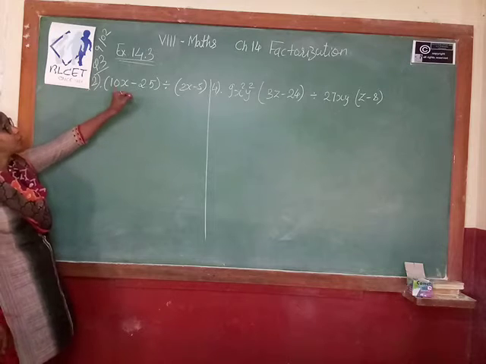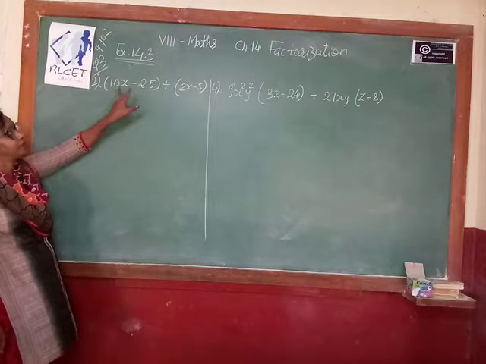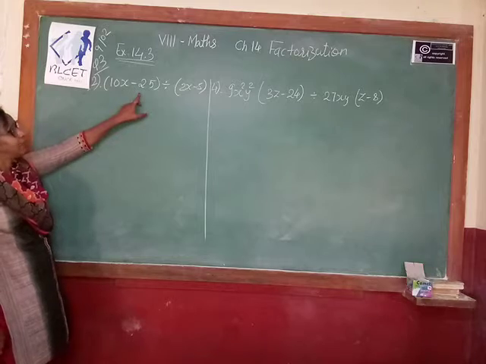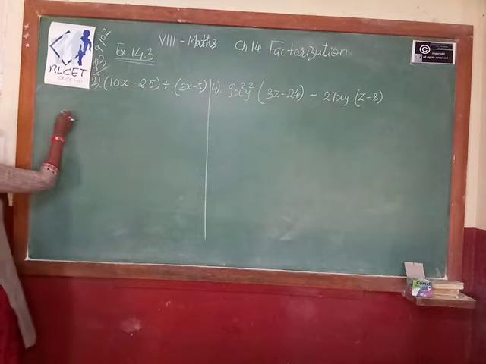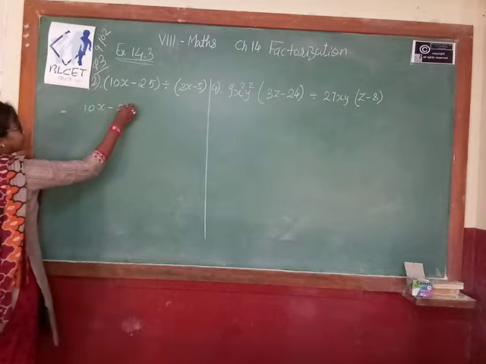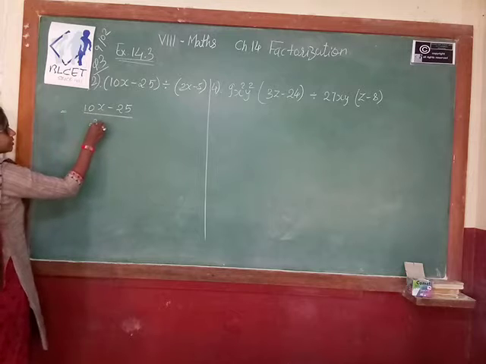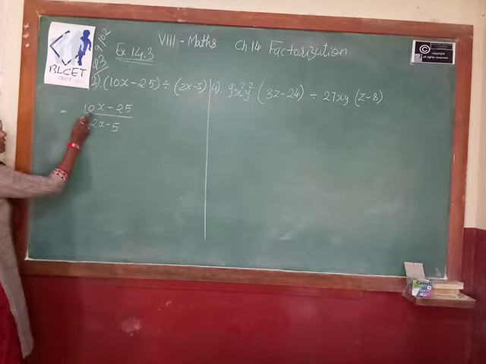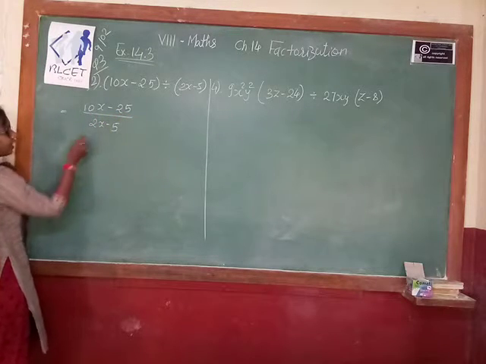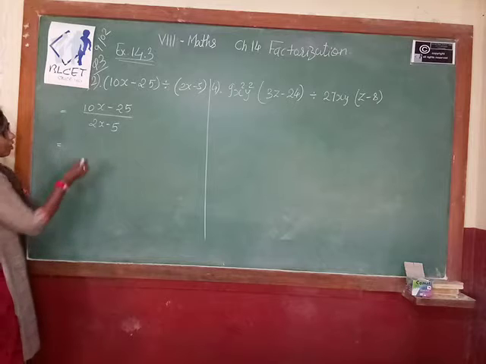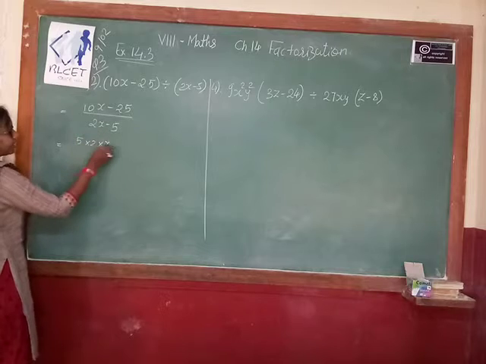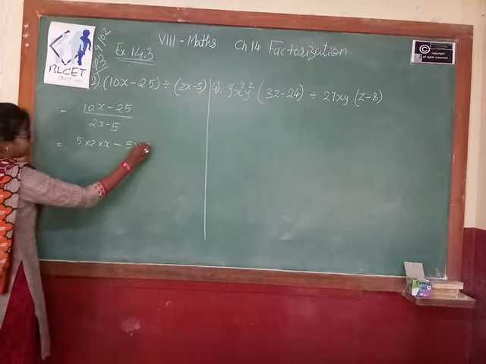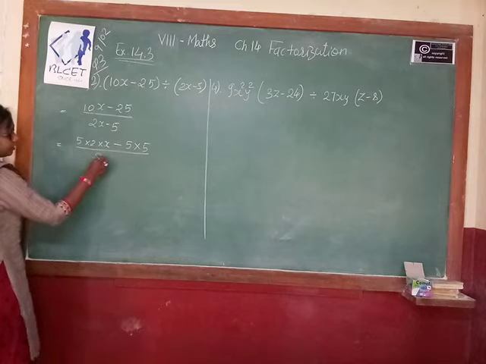So first what we will do, we do the factorization of the algebraic expression and find whether it's common with the denominators. Okay, so let's see. 10x minus 25 divided by 2x minus 5. If you do the factors, for 10 it is 5 and 2. For 25 it is 5 and 5. So we can take 5 as a common from this 2. So 5 2s are 10. So this is the factors of 10x. 25 means 5 into 5. This way also you can do 2x minus 5.